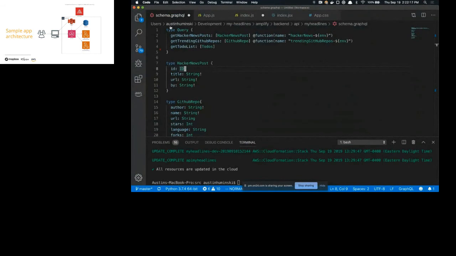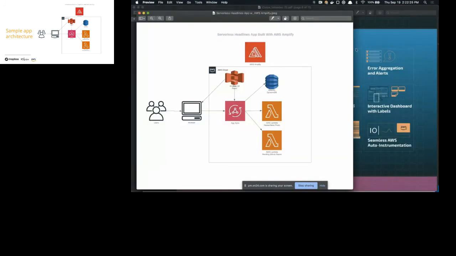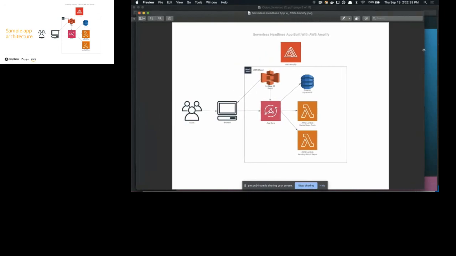Yeah, absolutely. So this backend is going to be all through Lambda functions. I should have gone back one more slide, but I have it up here too. This application is going to be a React app, hosted all within an S3 bucket. Basic users are going to come to the site, hit the static website and JS and CSS in S3, and it's going to make queries to our backends through AWS AppSync, which is AWS's managed GraphQL service.